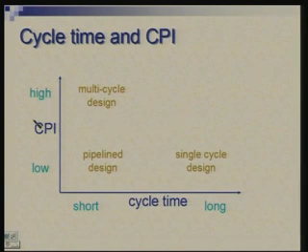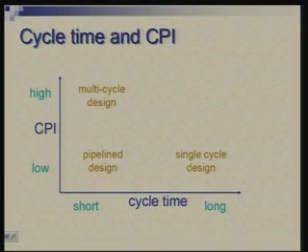So, now if you recall how performance is determined, performance is related to the product of these two quantities. So, you want both these to be low, you want low CPI, possibly if you can do 1, it is very good, and also you want faster clock, short cycle time. So, basically farther away from origin you are, the worse it is, and the pipeline design actually tries to get a short cycle of the multi-cycle design and a low CPI or CPI of 1 of single cycle design.